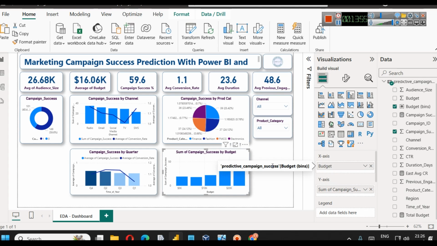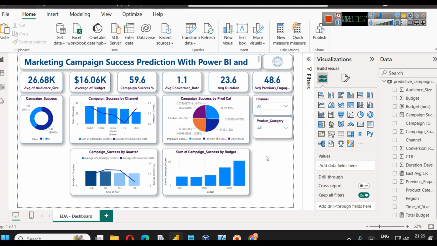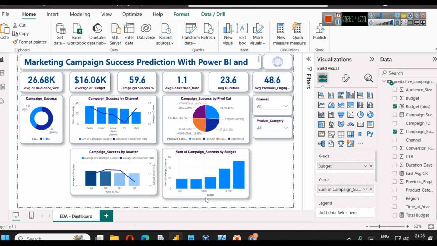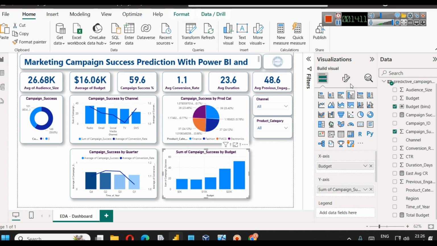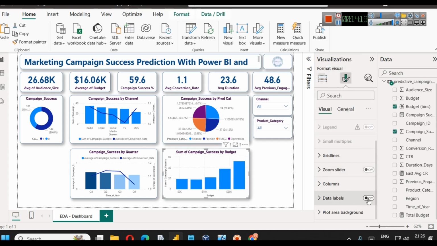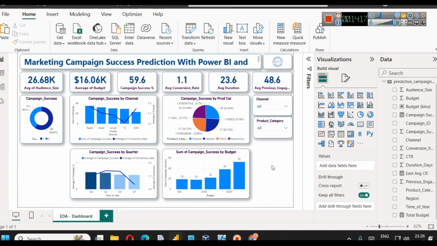So which gives us a clear indication that the more budget that we put in these campaigns, the more are the chances of getting a successful campaign. So which is very important. And here we can simply go and enable data labels. Okay, so that we can see the total number of successful campaigns